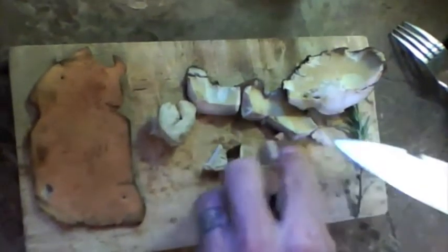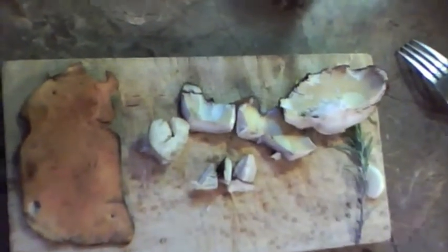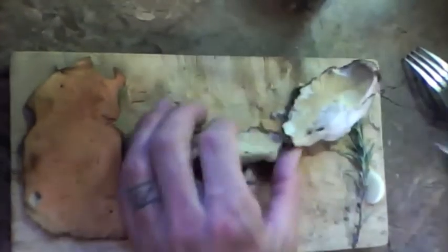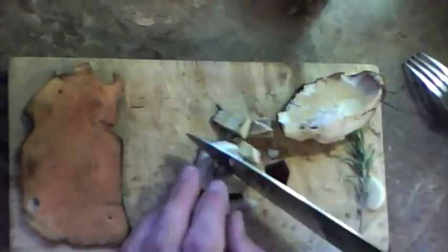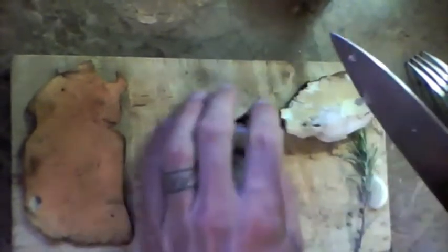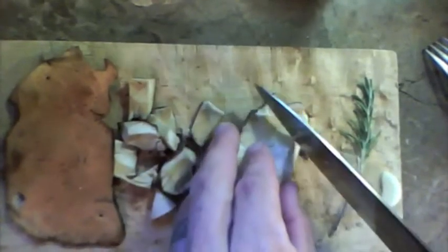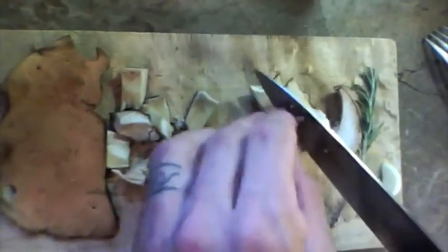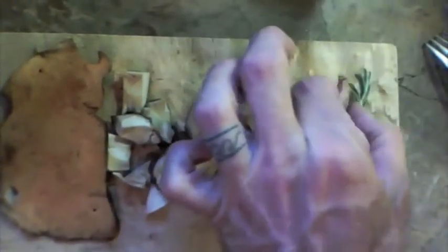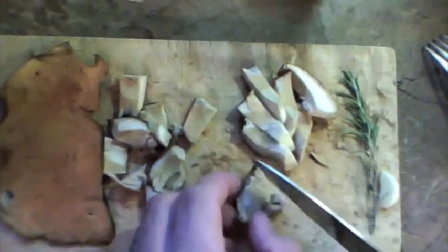That's another good way to know whether a mushroom is edible or not, is if the bugs are going after it, then it's probably edible for you too, if it's all munched up. So that's not to say you should go out and go eating everything that the bugs are eating. It's very important to be as knowledgeable, as responsible, and completely personally responsible for your health when it comes especially